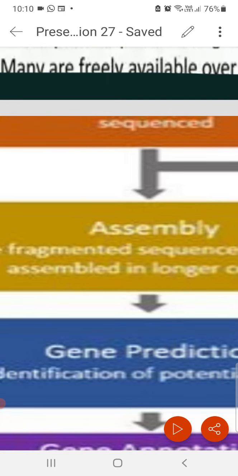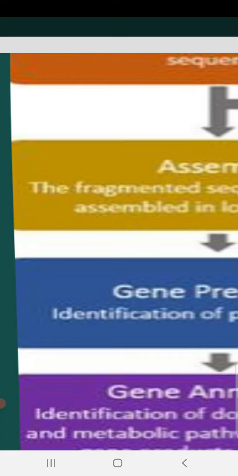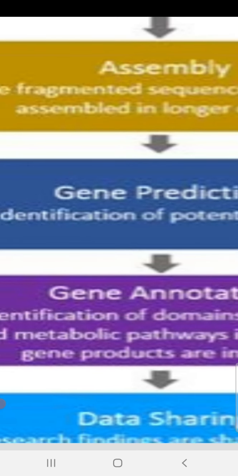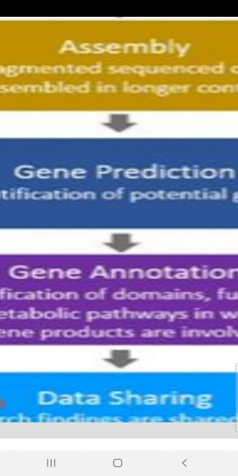So fragmented DNA or the genome has to be sequenced, and it is a tedious process done by many laboratories throughout the years, for a decade. So this fragmented genome is sequenced, then it has to be assembled. Then the assembled genes have to be analyzed, and the gene prediction has to be done, and that can be done accurately when the assembly and the sequence of the gene is accurate up to the level